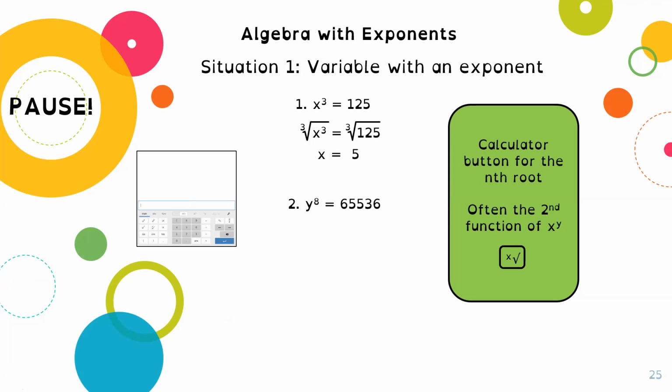Another example, y to the exponent 8 is equal to 65,536. So the 8th root of y to the 8 is equal to the 8th root of 65,536. So y equals 4. If we do 4 times itself 8 times, we'll get 65,536. And then finally, a to the exponent 15 is equal to 325. So we do the 15th root of a to the 15 is equal to the 15th root of 325, and we get a is equal to